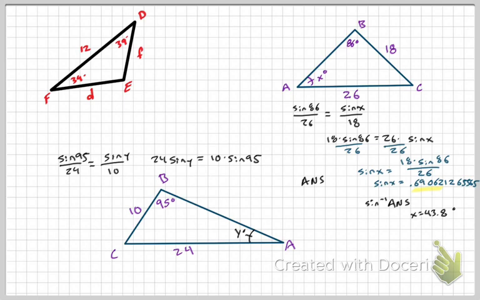Divide both sides by 24. Sine Y equals 10 times the sine of 95 divided by 24. Once that sine Y is by itself, we're going to take the inverse sine of that amount. So 10 times the sine of 95 gets 9.96 and a bunch of other numbers divided by 24. So what I'm looking at right now on my calculator, after I did 10 times the sine of 95 divided by 24, I'm looking at